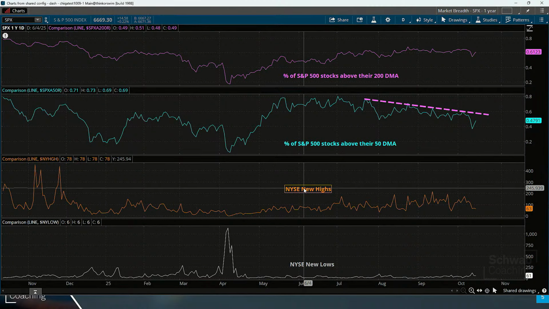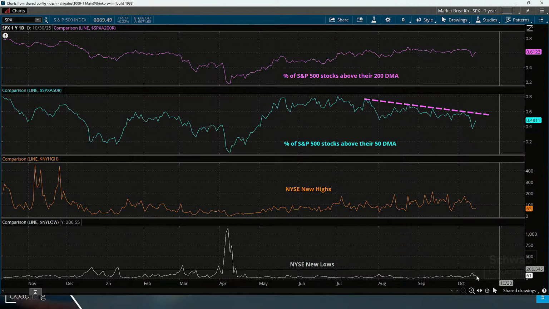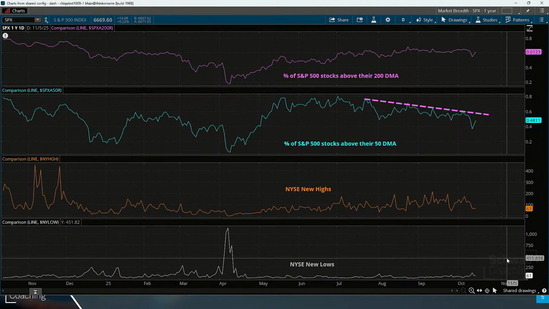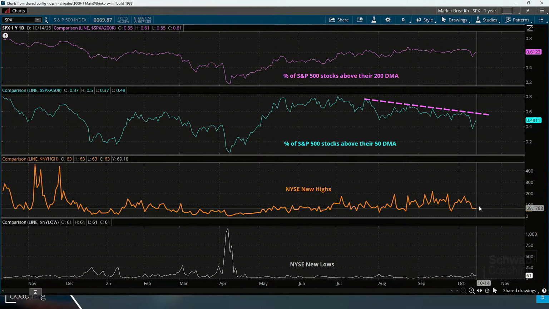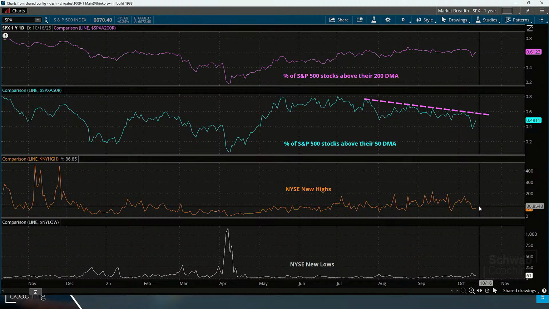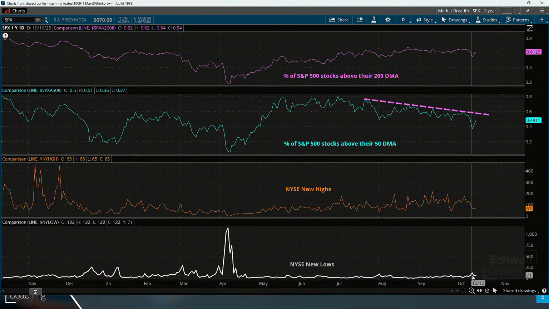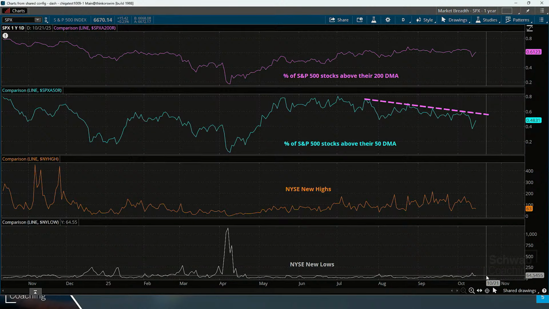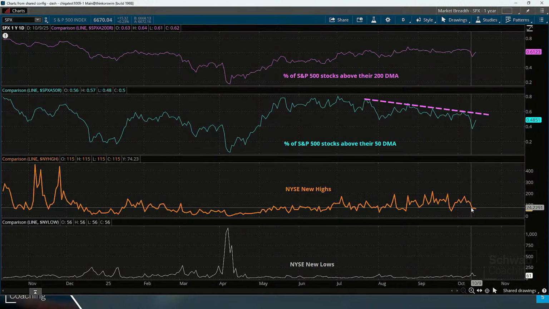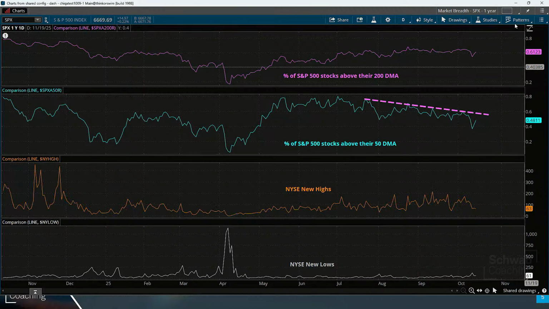Now, looking at New York Stock Exchange new highs and new lows, typically in a correction or pullback, fewer stocks make new highs and more stocks make new lows. We're not really seeing a huge pickup in new lows like what we saw in April and March, so this isn't lending itself to a correction yet. Obviously, we showed it's finding support at the 50-day moving average, but this is something you can use to look under the surface.